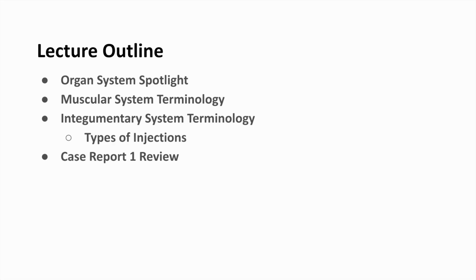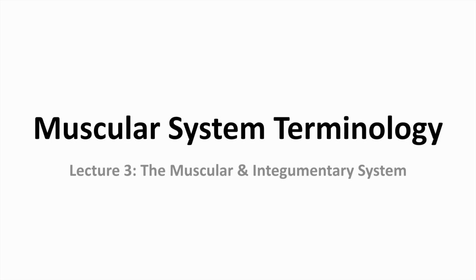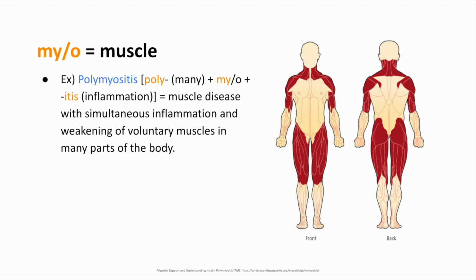So now we are going to go over some terms related to those systems. First is the muscular system. The combining form myo means muscle. One example is polymyositis. Poly is a prefix that means many, like a polymer, and myo, and the suffix itis, which might be familiar now, means inflammation. So polymyositis is a muscle disease with simultaneous inflammation and weakening of voluntary muscles in many parts of